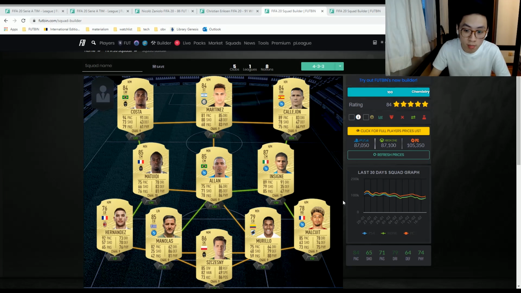The final version, Malcuit. What other options do you have if you're not going for the other three, better Serie A right backs? Manolas, Hernandez, Szczesny, just afford him. Come on, man. And then the next one, we have